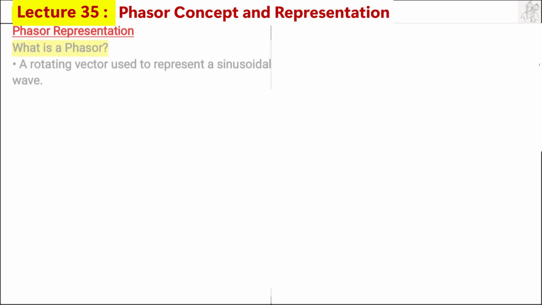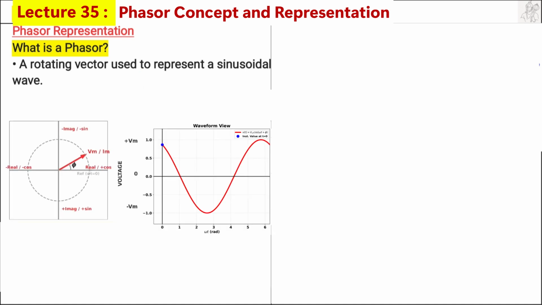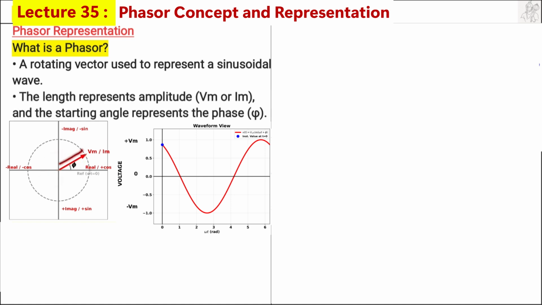Phasor representation. So what is a phasor? It is simply a rotating vector which is used to represent a sinusoidal wave. So that means that this sinusoidal wave can simply be represented with the help of this vector, which is rotating in anti-clockwise direction at a particular angular velocity. So the length of this vector is simply the amplitude of the wave, that is the maximum displacement from the